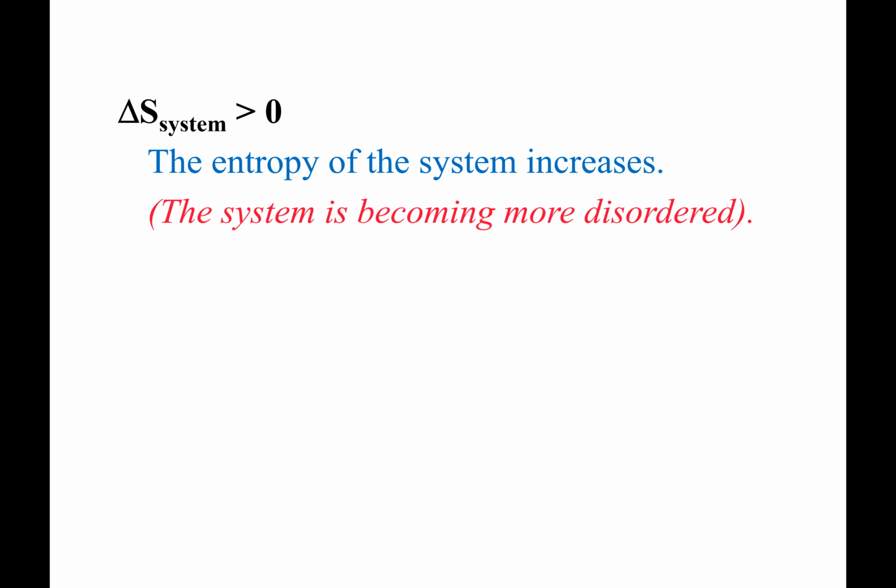So just so we're all on the same page, I have some slides here to reiterate what we've been saying. If delta S, the change in entropy, is positive, that means your entropy is increasing, your disorder is increasing, okay? And that favors spontaneity. I'll put that up here. Favors SP.